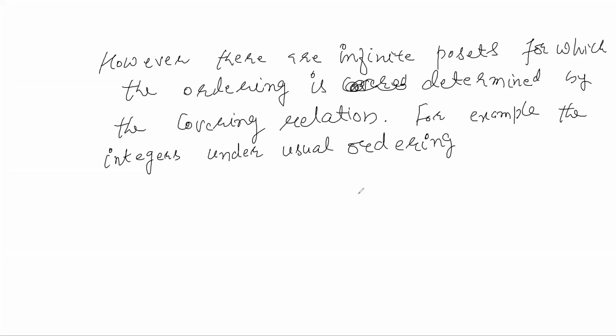So you have a covering relation here, so you can think of drawing not the complete diagram, but you can just cover the elements and draw the line segments between them. So here it's actually a straight line. The Hasse diagram of the integers with usual ordering would be a